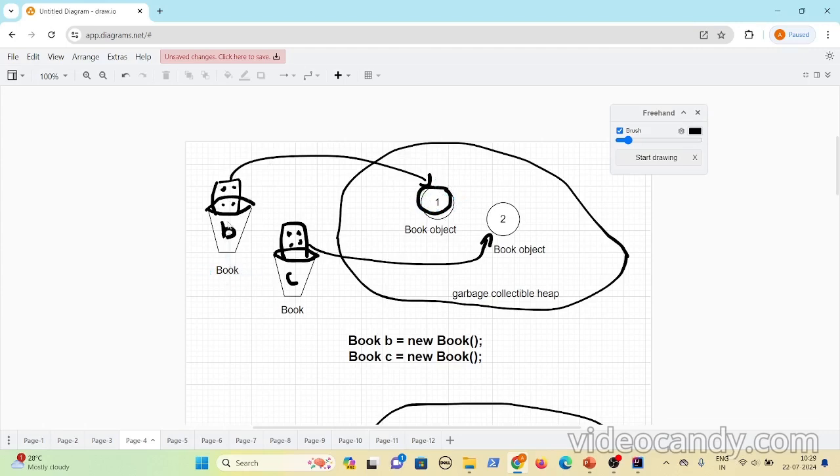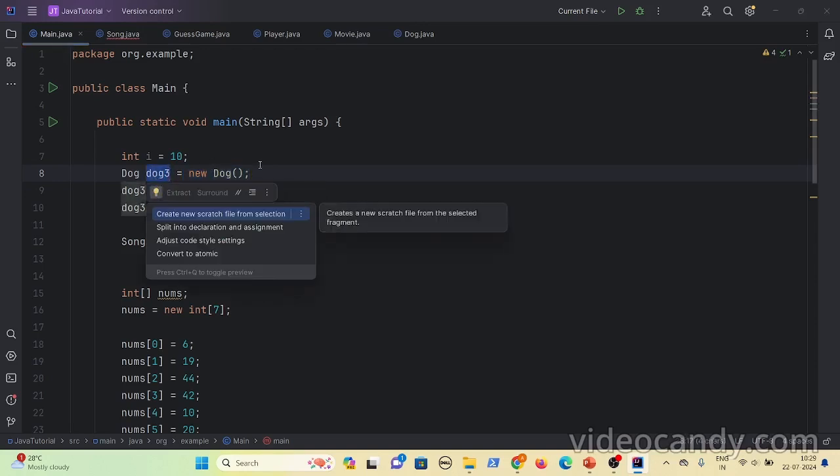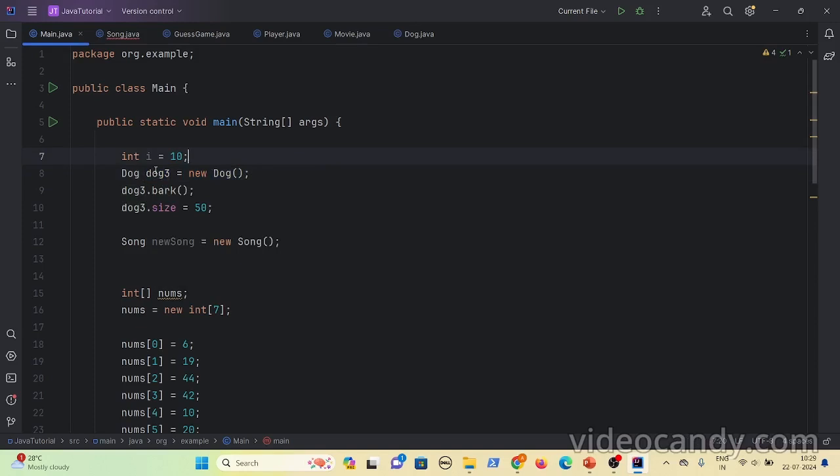So whenever you invoke b.bark(), it will go to this address. If I say this dog3 will have the address of this object, it will not actually hold the object. It will have the address of the new object that got created. When it invokes bark(), it will go to this particular address and then invoke the bark method.